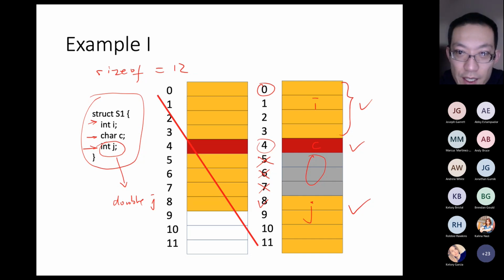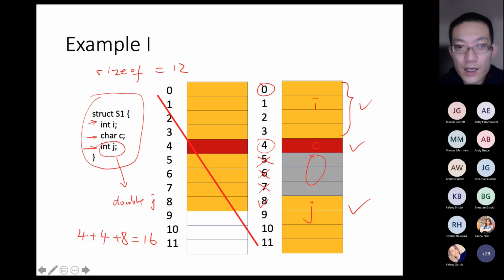So probably we would have 4 bytes plus another 4 bytes plus 8 bytes. It should be 16 bytes for the struct